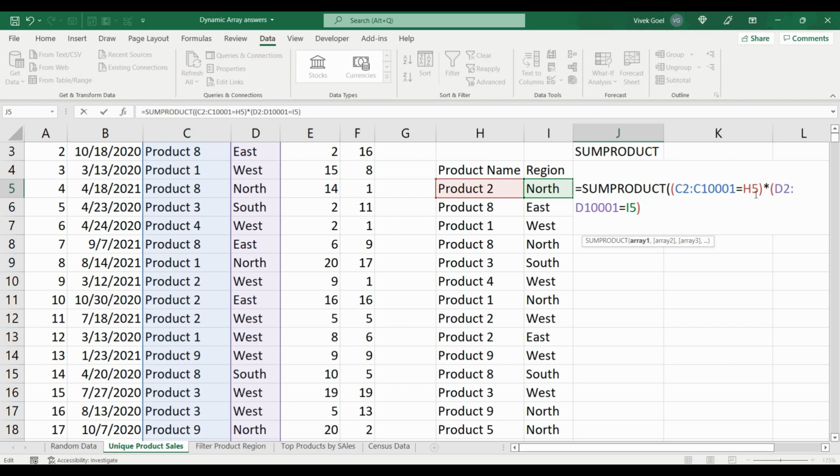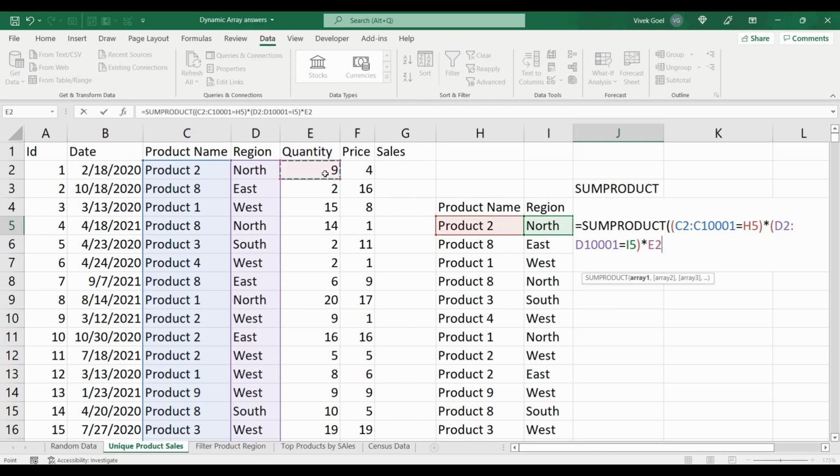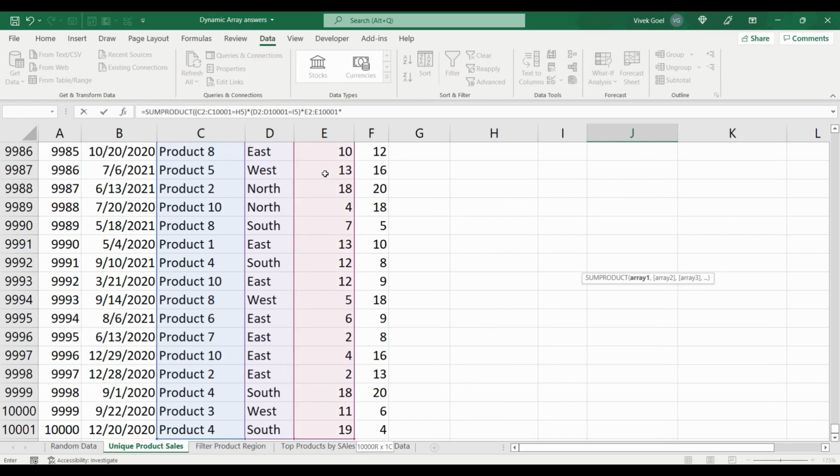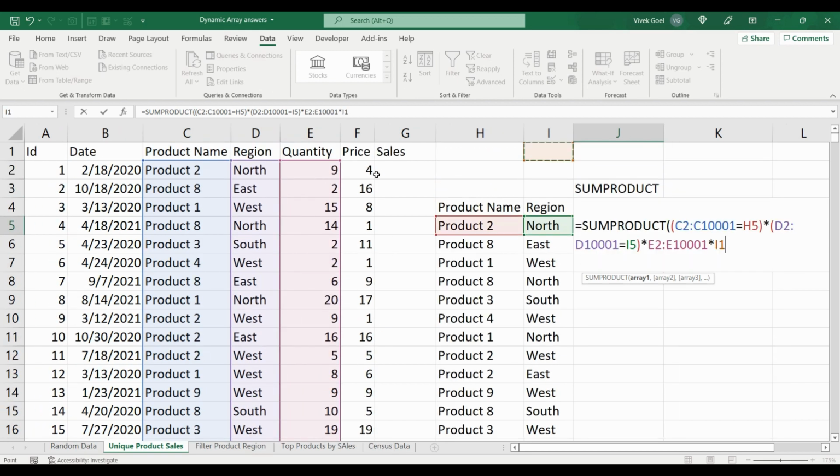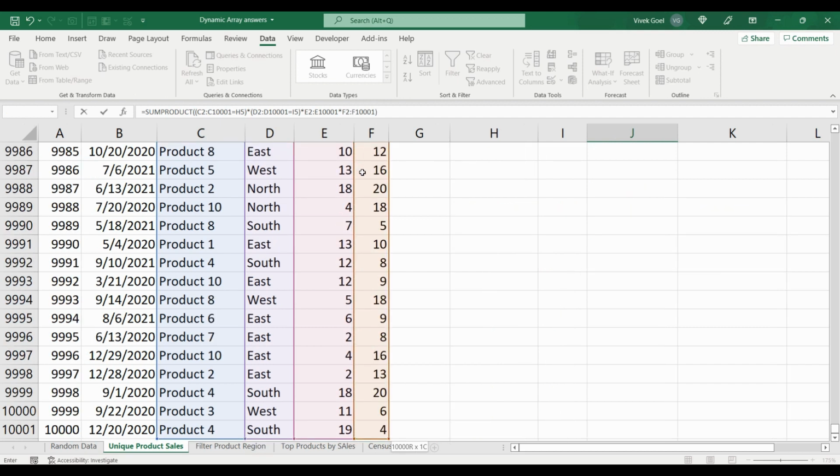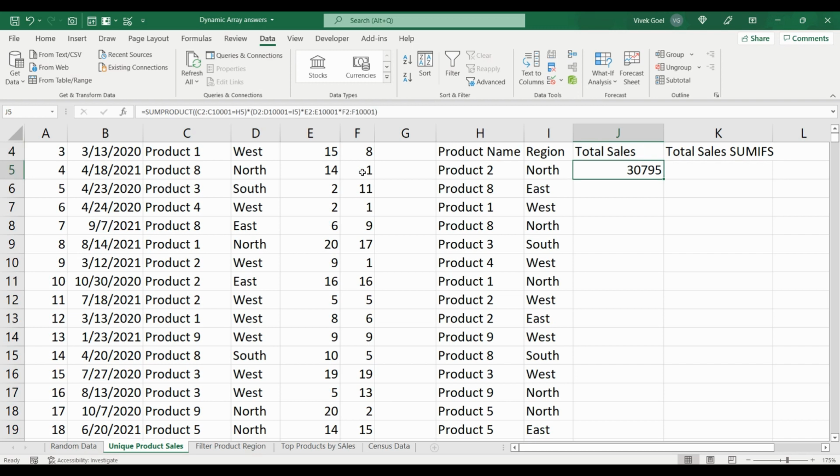Since we want to check both the conditions, we are going to add multiply, which also signifies AND. Now we are going to multiply it with the quantity column and the price column, and we get our SUMPRODUCT, or sum of sales, for the product 2 in the north region.